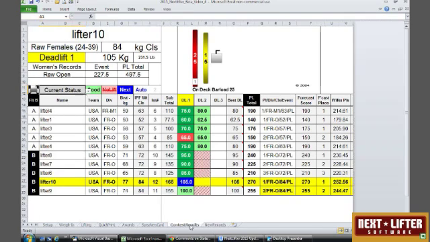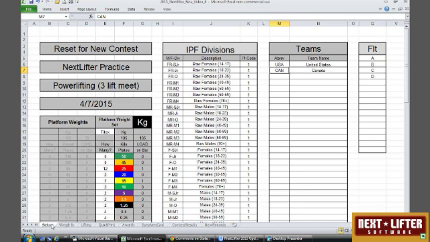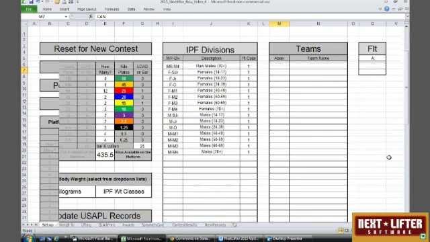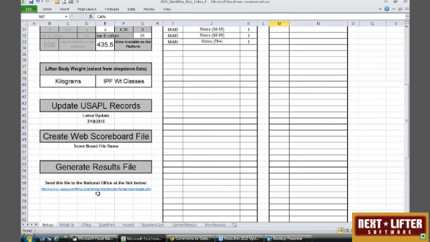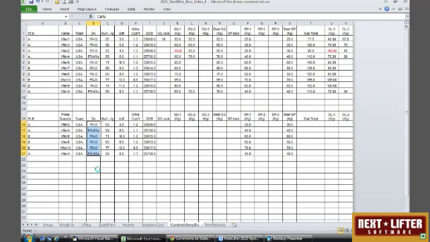There's what's called a contest results page, and if I go to it right now, it's blank. Well, this is where we go back to the setup page, and at the end of the contest it says generate a results file, and right here it says send this file to the national office at the link below. So after it generates the contest results file, that file will be stored in the same directory where you stored the scoring program. So I'm going to click the button to generate the contest results file, and you notice that it